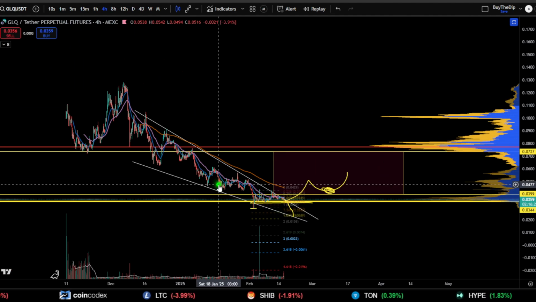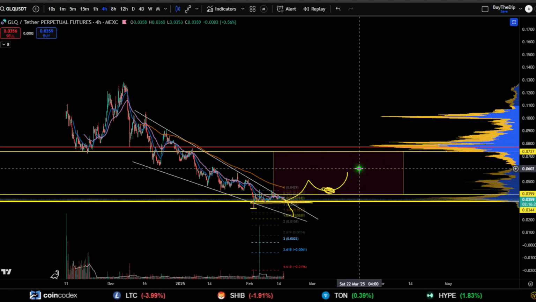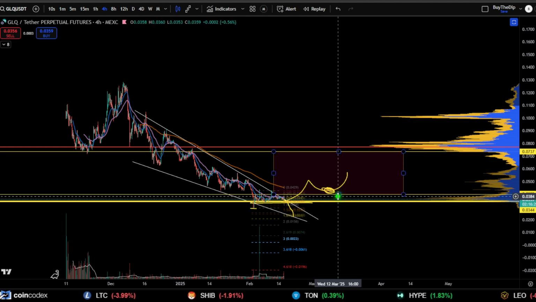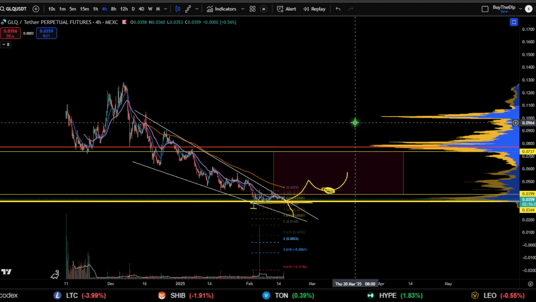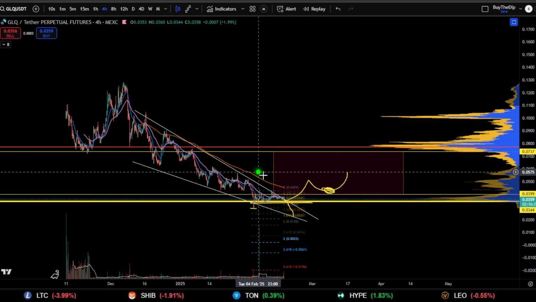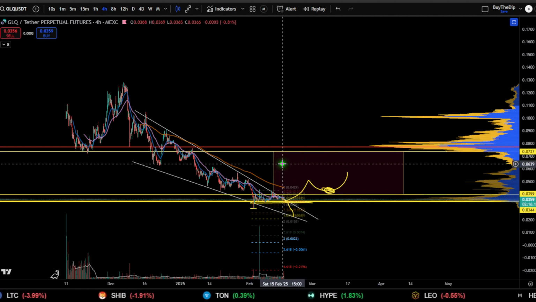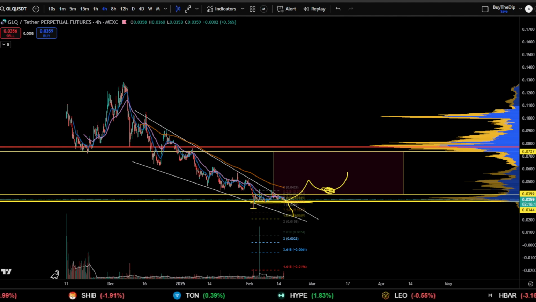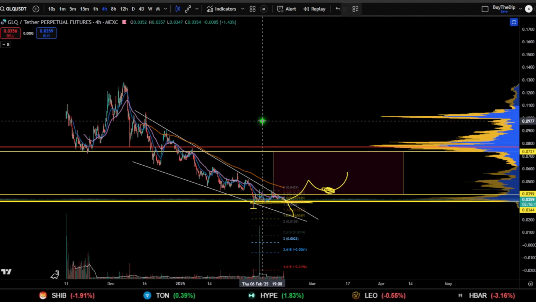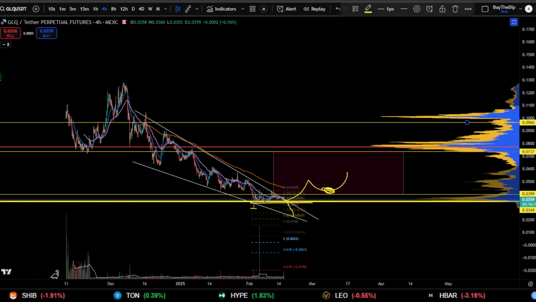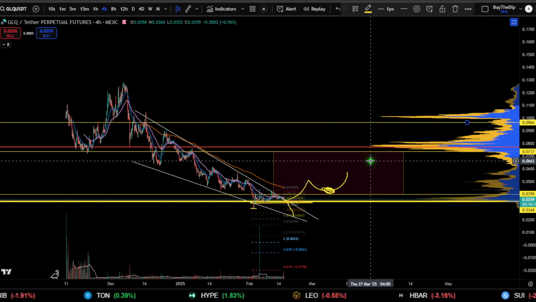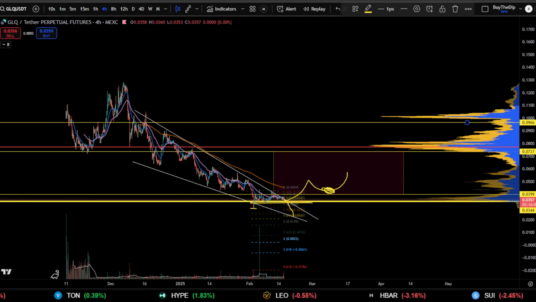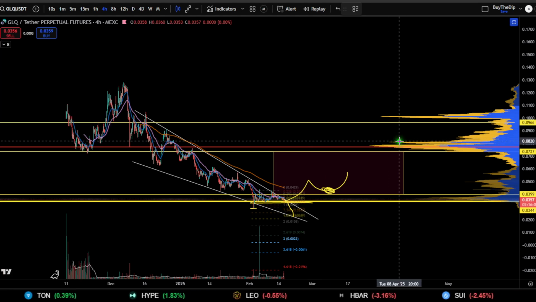And ultimately, if we get that pivot point, it's a smooth ride to the upside after a quick confirmation backtest. Remember that the target of a descending wedge like this is the base of the wedge, and there are other levels that I would be concerned with. Of course, the base is right around here, I would say. But of course, the top of the volume gap, as you can see, there's a huge node of volume at the point of control right there that I would be really concerned with if we do get that recovery.